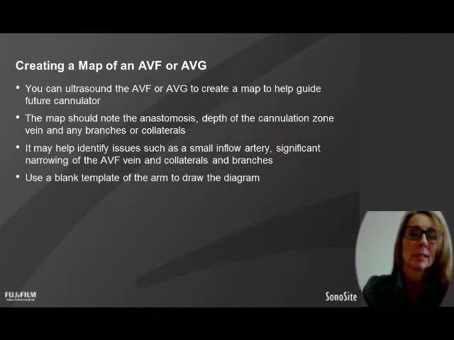So creating a map of an arteriovenous fistula or graft, you can ultrasound the graft to make a map, and this helps to guide future cannulators. It helps as a bit of a history, so we can refer back to it in the coming months or years to see if there's been a change or if there are any concerns that we had, whether they've worsened. The map should note the anastomosis or the anastomoses if it's a graft, the depth of the cannulation zone vein, the diameter of the vein that we want to puncture, any branches or collaterals or any other areas of concern,